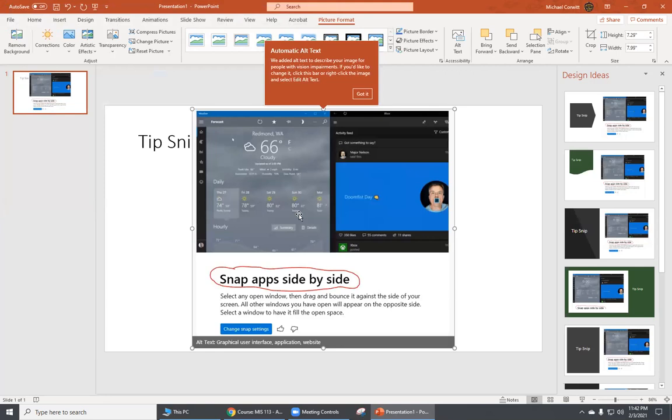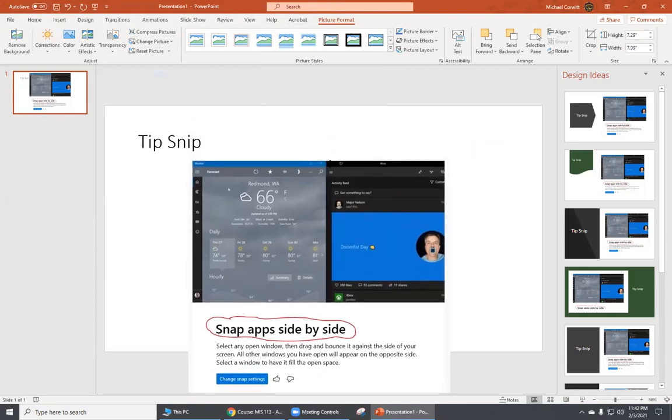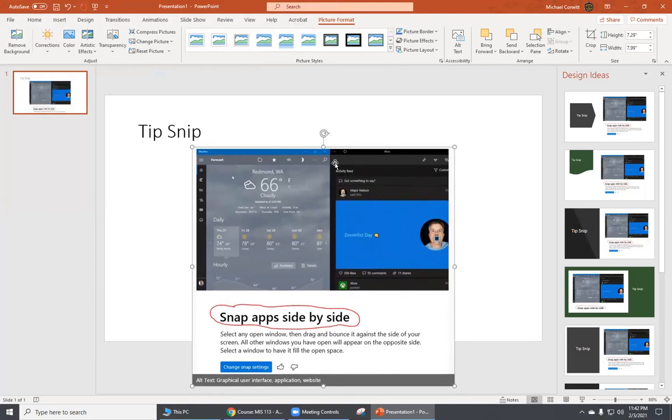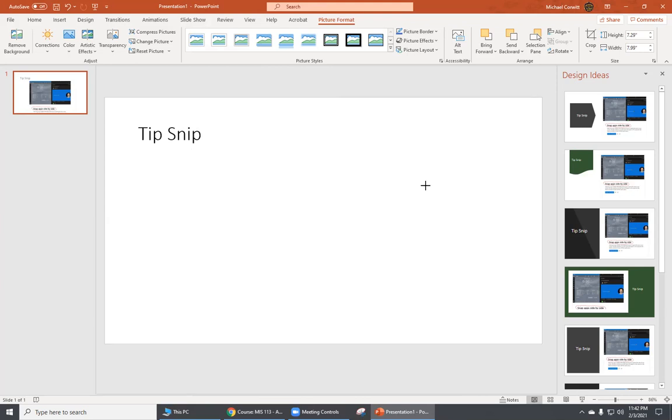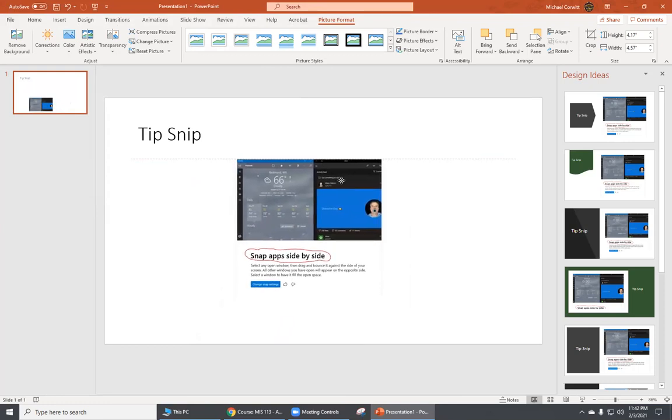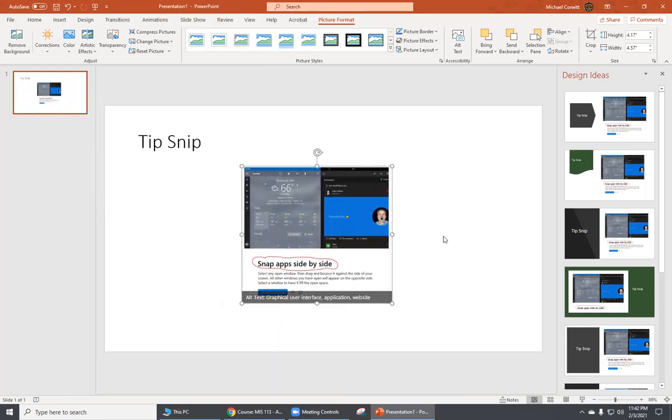Okay. If necessary, close design ideas pane to the right. If necessary, drag the image right to slide to title snip tip. So you're going to go right here, and we're going to use our guides, and that's it. Now it's too big. We're going to make it smaller by dragging that down, and use our guides. There we go. Okay. So then we're going to save on our quick access toolbar,